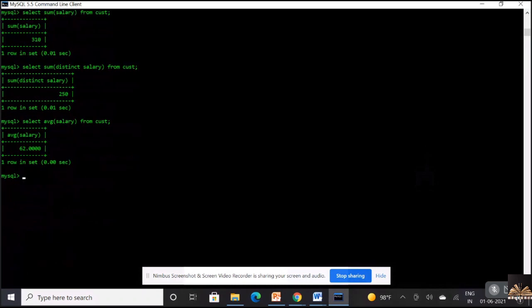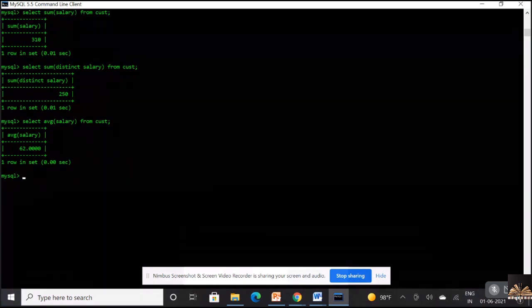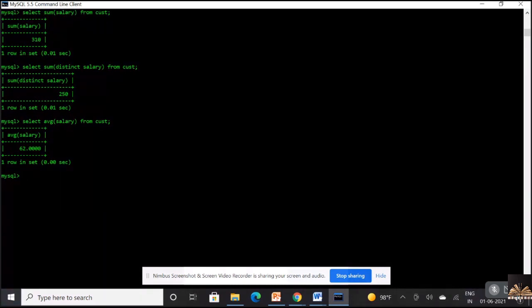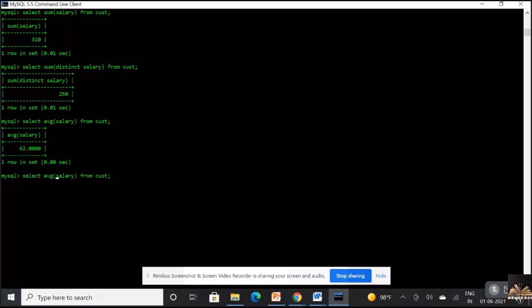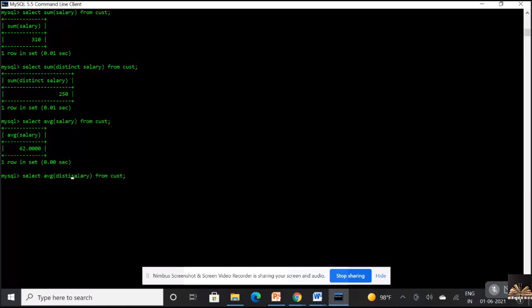Maybe I'm interested in finding the average salary that is given to a person. Then I can use the concept of average. I need not sum up all the values and divide by the count. Rather, I can directly work with a function called AVG. Again, you can use distinct over here, the same way: distinct of salary from customer.